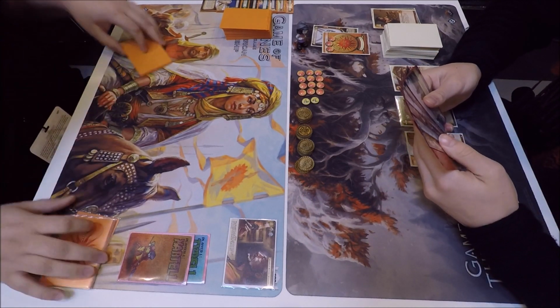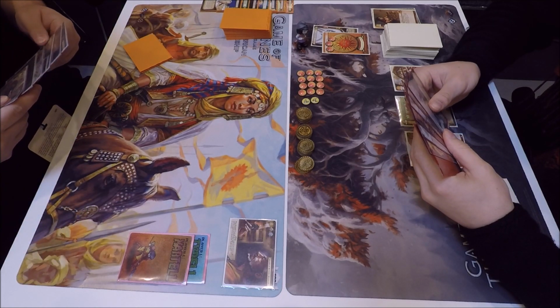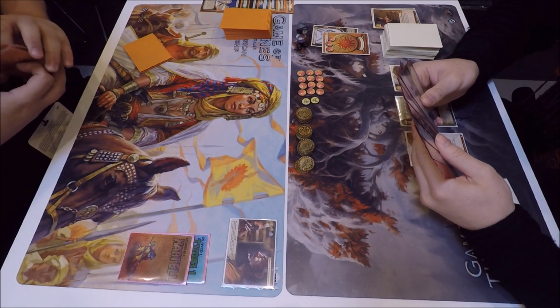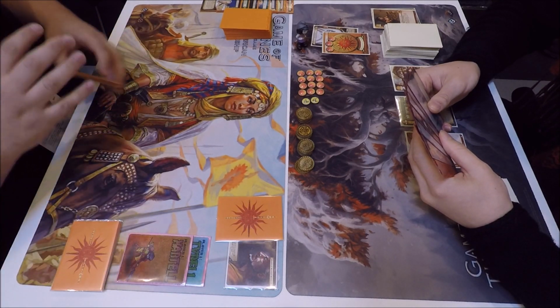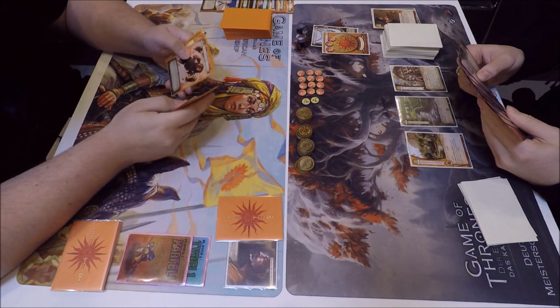Big fat empty board on the Martell Rose side. No locations, no characters. The way I hear it explained is they're basically playing solitaire over there. And as the opponent of a Hyper Viper deck, it's really boring when they get to the whole plot actions